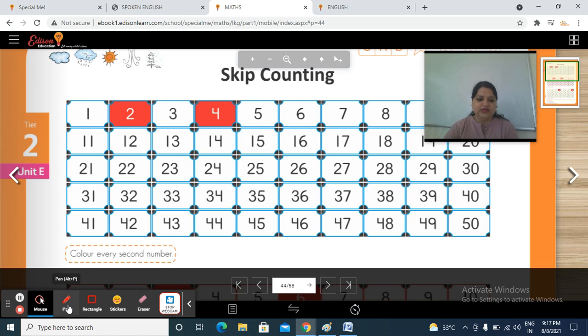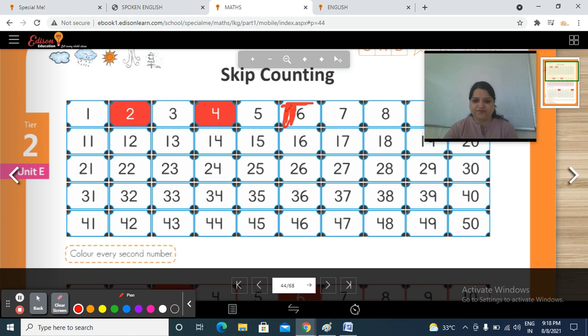So take your crayon color. You can choose any color or you can take red color also. Now see, you have to color every second number. So like this, 1, 2, then 1, 2, then from here 1, 2. Now you have to color every second number.